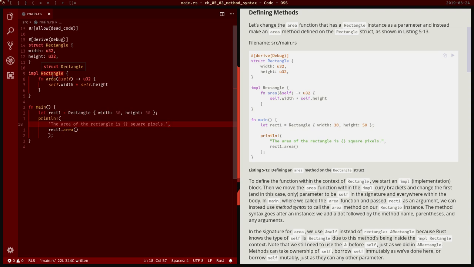Are you implementing it on there? We're implementing it in rectangle. So here's the implementation block. And we have one function in the block, which is taking a reference to self, and that makes it a method. So function area takes one argument, which is a reference to self,